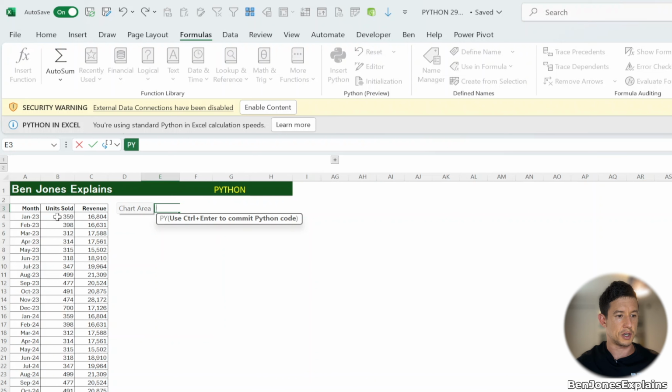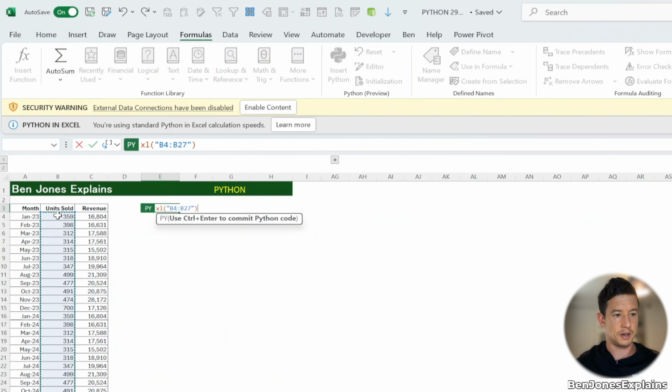As a quick demonstration, we have some data on the left. We can use Python code to sum up the units sold. Now Excel is natively better at doing this sort of task. For the purposes of this example, to see our first bit of Python code, I'm just going to sum it up. So if we click on the data, Control Shift down, you can see Excel has defaultly added